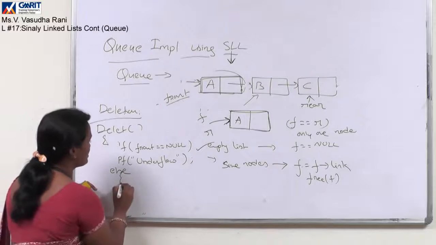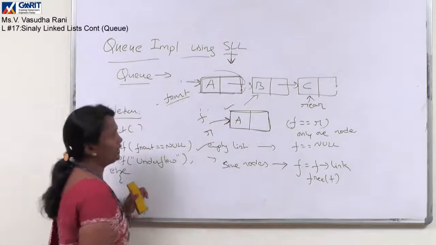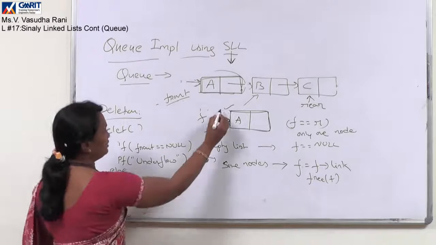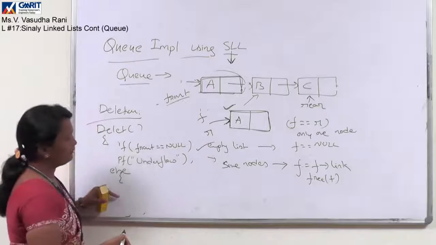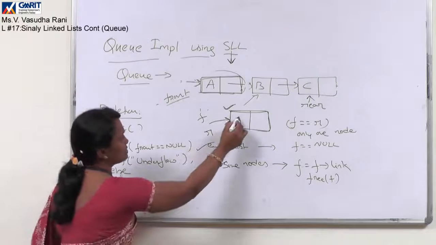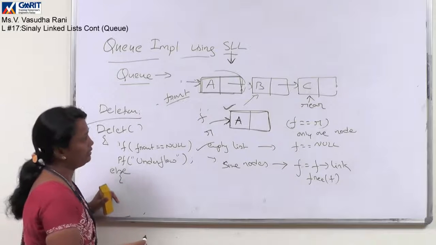In the else case, there are some nodes, either one node or multiple nodes. But here one thing we have to do is that whatever node you are deleting, that node's data you have to return it or you have to display it,